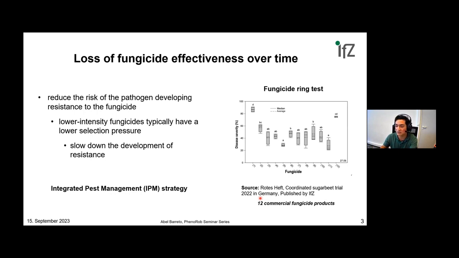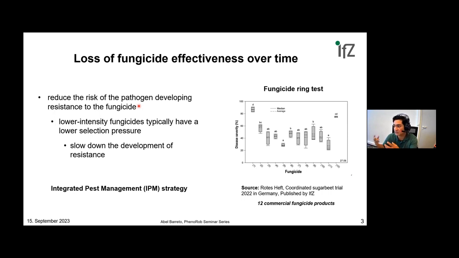This is the main idea of the demonstrator: to support and reduce the risk of pathogen resistance development. How? By lowering the intensity of the fungicide application. In that way we reduce the selection pressure on the pathogen, and we also slow down the development of resistance, so these fungicides are available for a longer time for the growers. All of this is implemented in integrated pest management for leaf diseases, and this protocol is